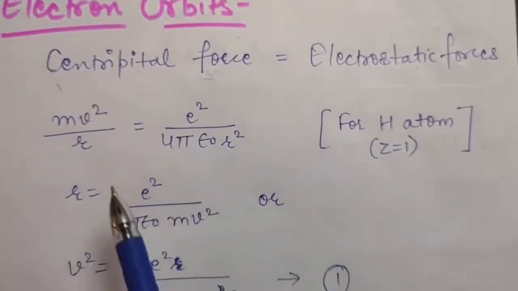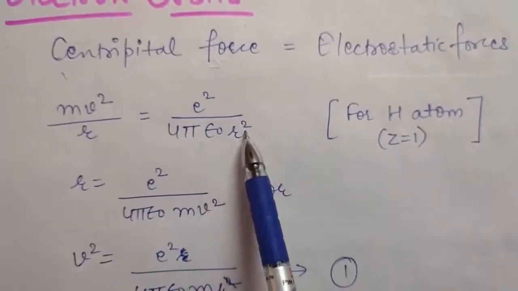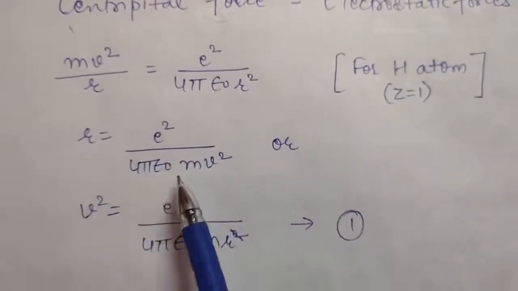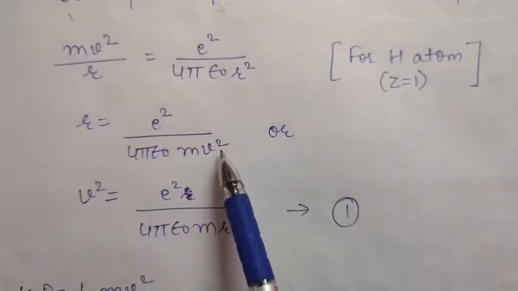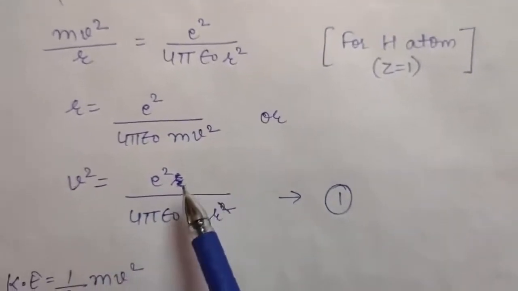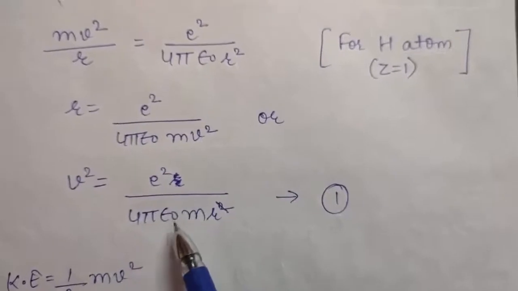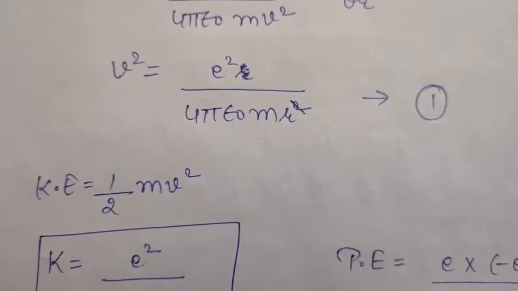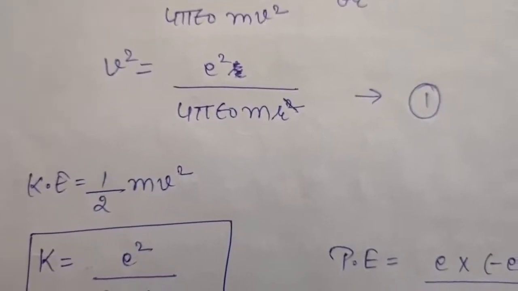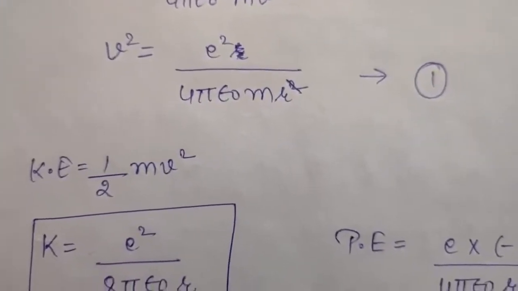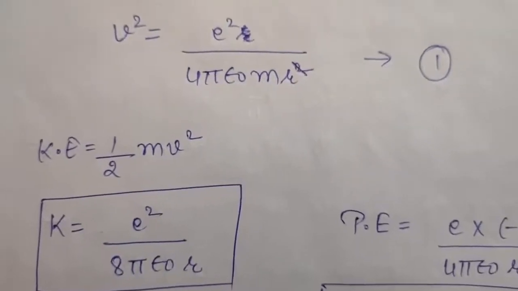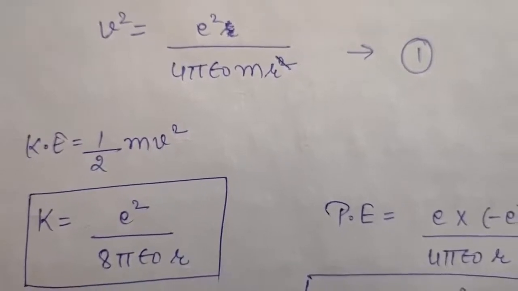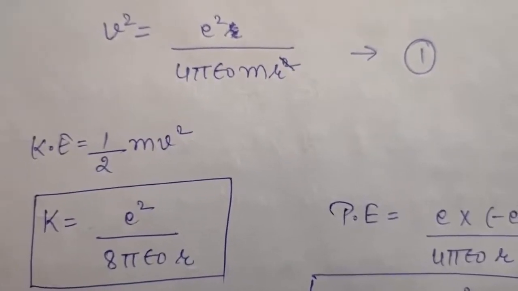Okay. So now from this you can easily calculate r, this and this will cancel out. So you will get r to be e square upon 4 pi epsilon naught m v square, or you can calculate v square also from here. That will come to be e square upon 4 pi epsilon naught m r. So we have calculated v square from this formula, that is by equating centripetal force and electrostatic force. So now we will be calculating all the energies of this electron, that is kinetic energy, potential energy and total energy, and we will see what is the relation between them.